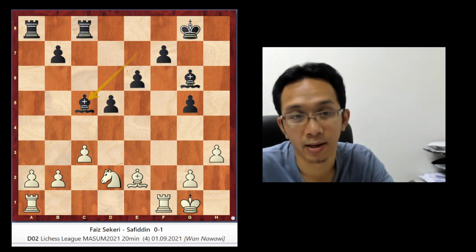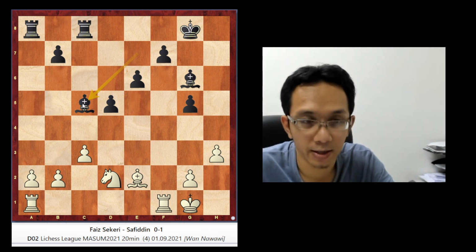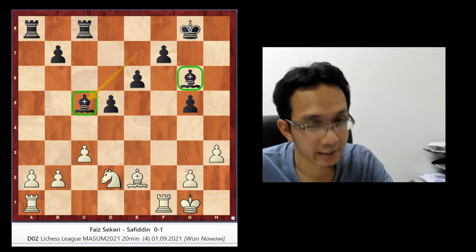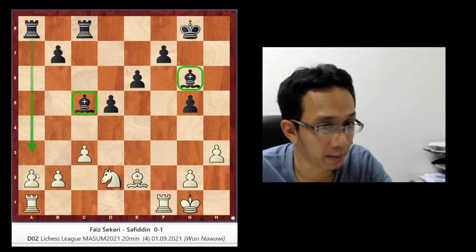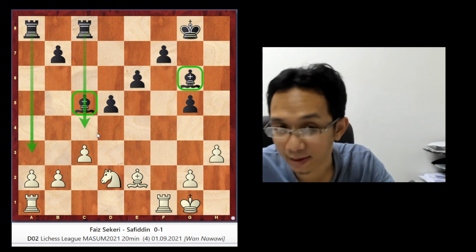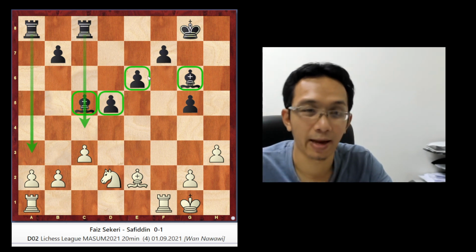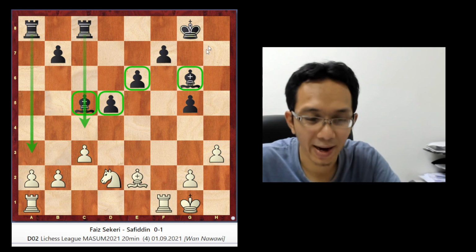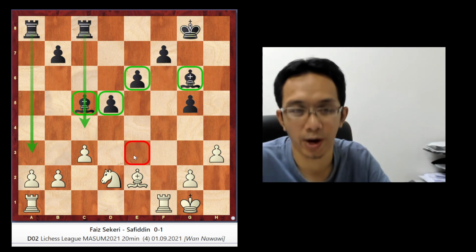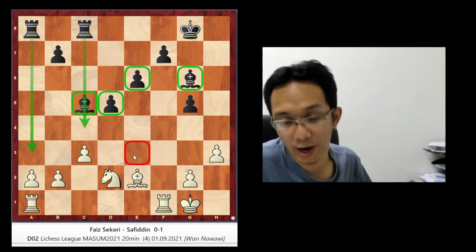Why? First, you have the double bishop. That's the first reason black has an advantage here. Second, you have this semi-open half-open file and also another semi-open file. Second advantage. And the third advantage is that black has the center. White doesn't have the center, and white also has a very weak square, the e3 square.